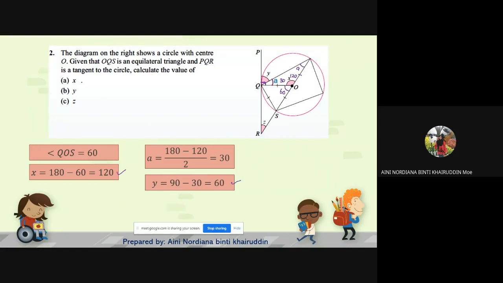Okay, X, Y, now Z. So you know this is 60. This is also 90. So angle at here is 30 degree, which is 90 minus 60. So